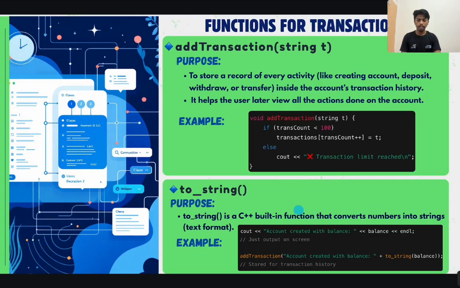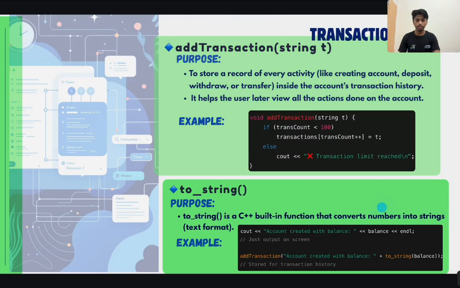So basically it converts numbers to string. For example, when we want to write deposited 5,000, the number 5,000 is converted to a string using the toString function. Then next,